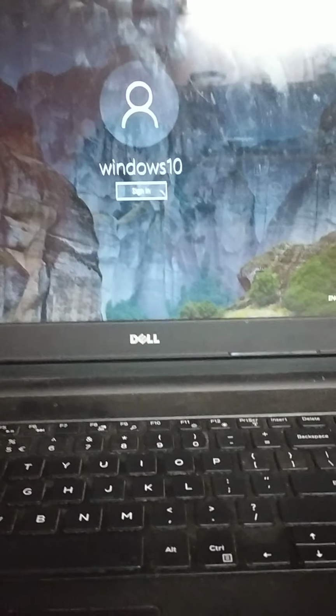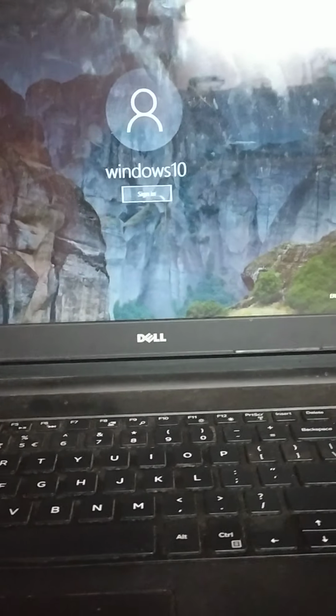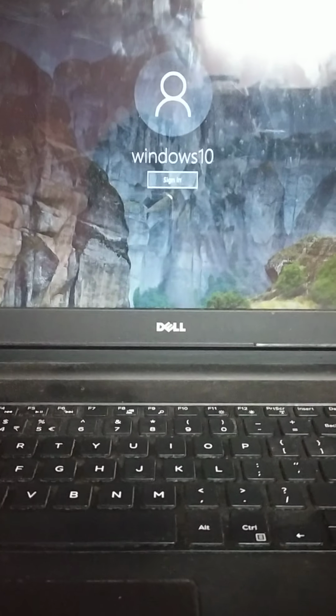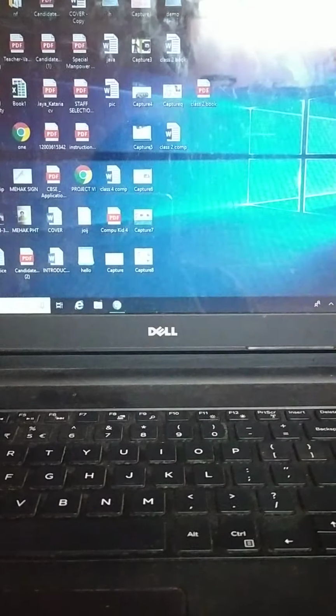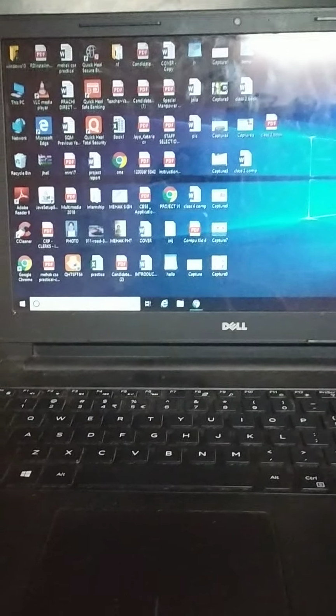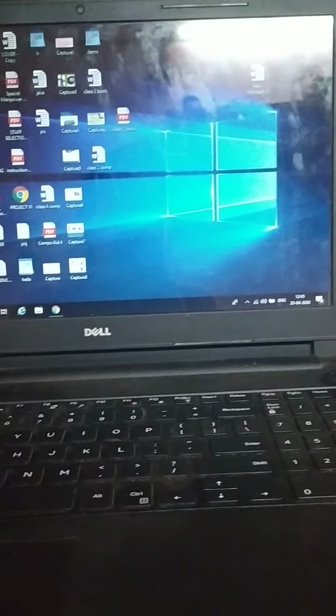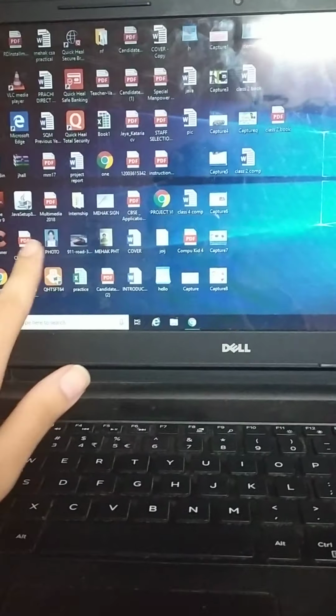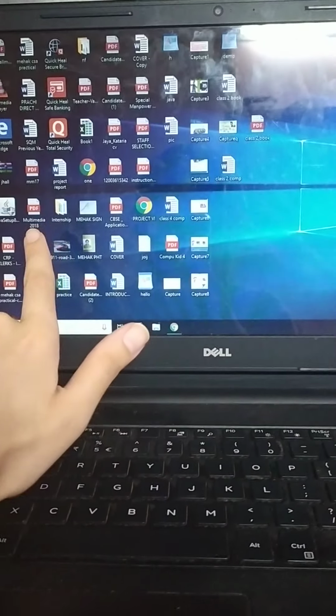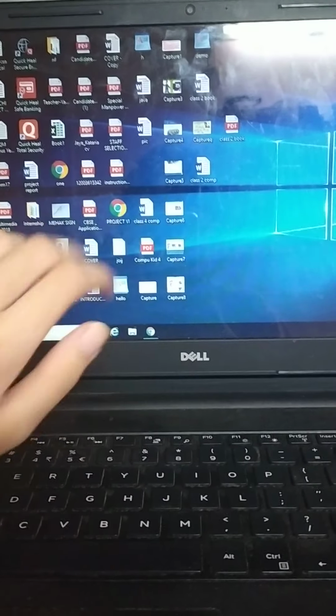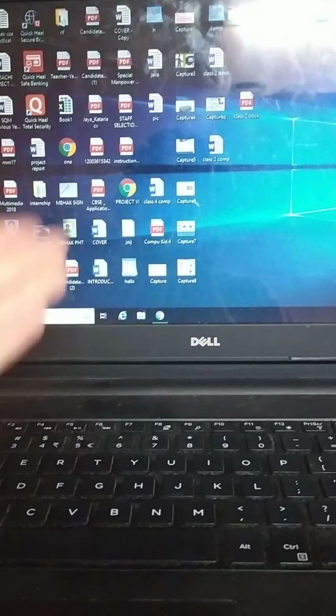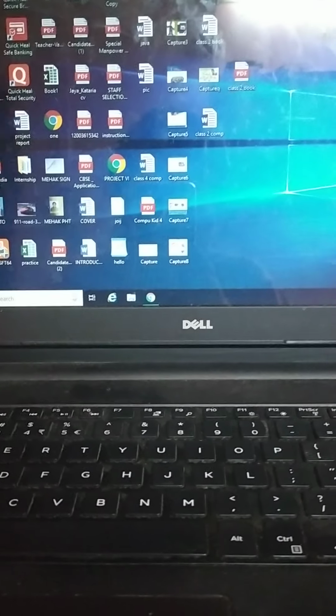Children, after that we press the button here on the monitor which will switch on your monitor. Then here comes your screen and we press any key over here. Now this screen that you can see is called the desktop, and the small things that you are able to see are called icons. These icons have things that you have already stored in your computer.